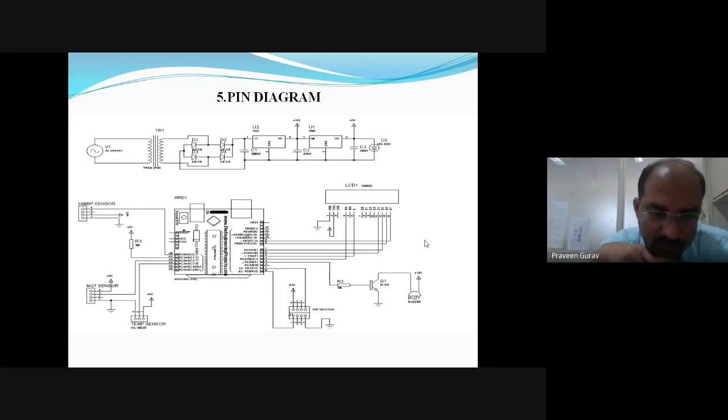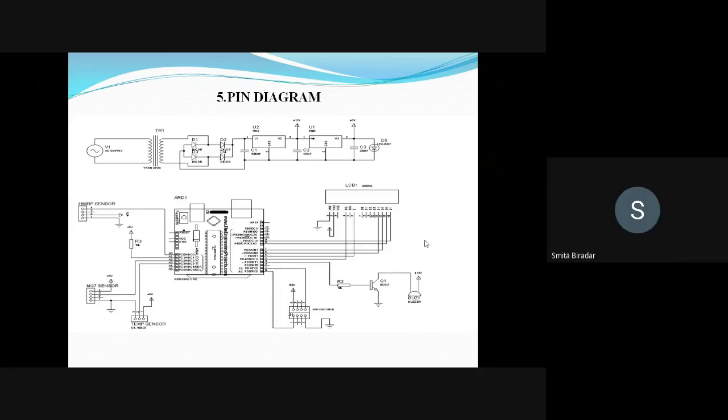D1 and D3 are in forward bias in the first half, sir, and D2 and D4 will